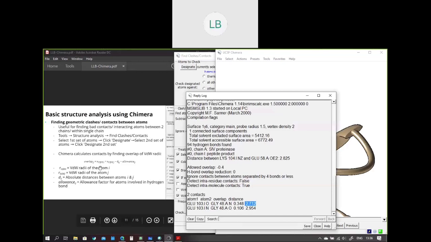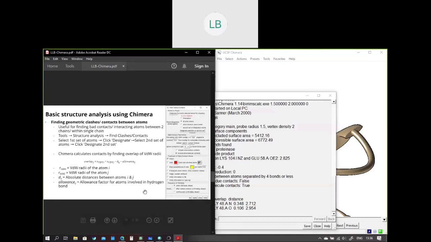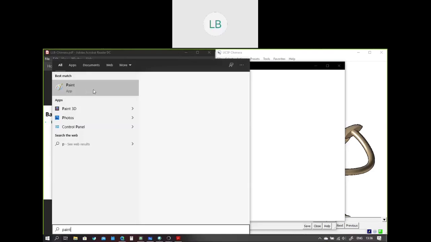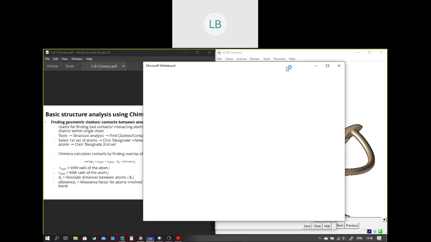So I'll just give a brief illustration of how this is done. I'll just open Paint and show you how this is done.